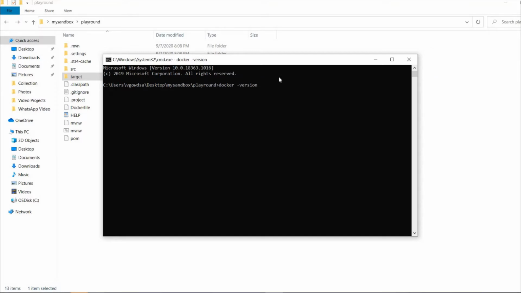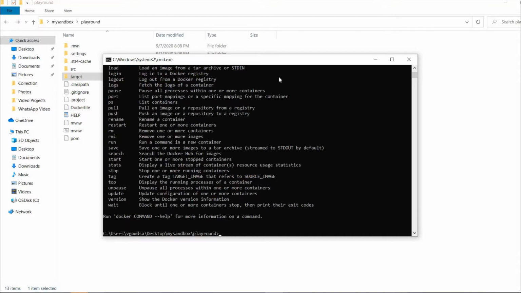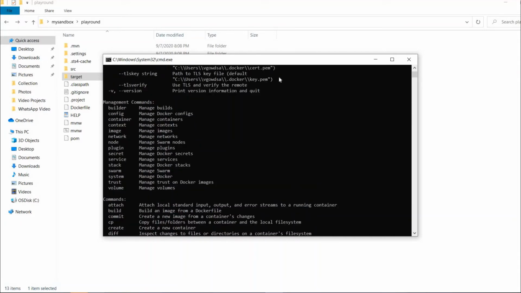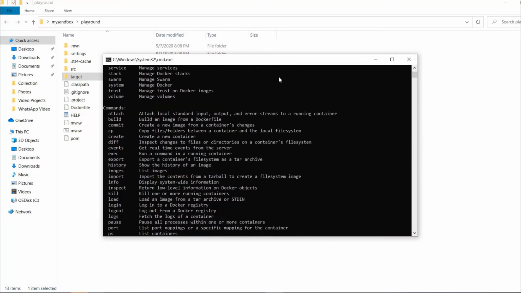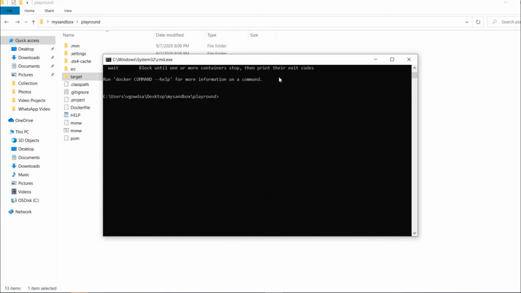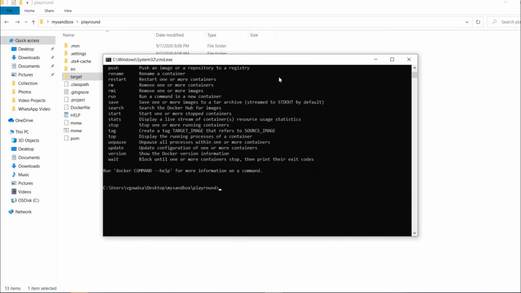Okay, it is taking a bit of time. Sorry, it is docker -v. So it is 19.03.1 2 is the version. Fine, anything is fine, whichever you want to use, the latest version.